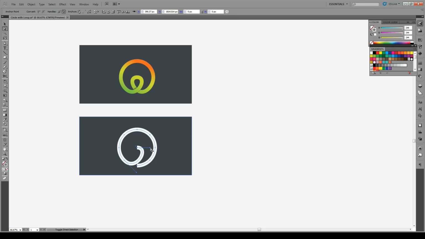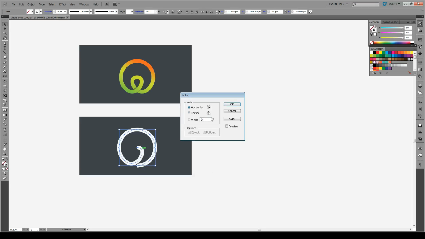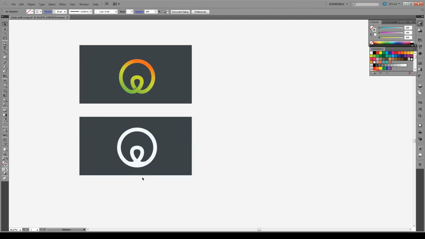Now what we're going to do is copy this shape with Control C, and paste it with Control Shift V. So paste in place. Then with the new shape, we are going to reflect it vertically and horizontally. There we go. And there we have it. We have our shape. Now we're going to select both shapes and press Control J and join them as one